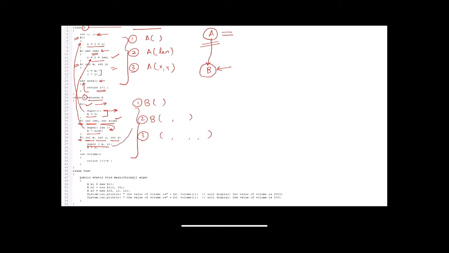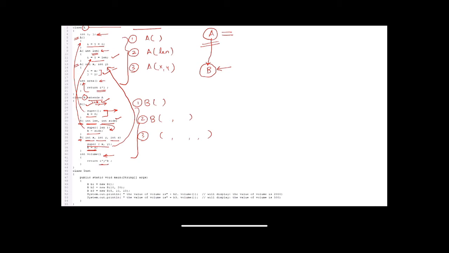It will go to the constructor that has the same parameters and will define the values of I and J. For k equals to z, I have to say integer k over here. So basically z is assigned to my variable k. My B class also has a volume method where we are returning the values of I, J and k.